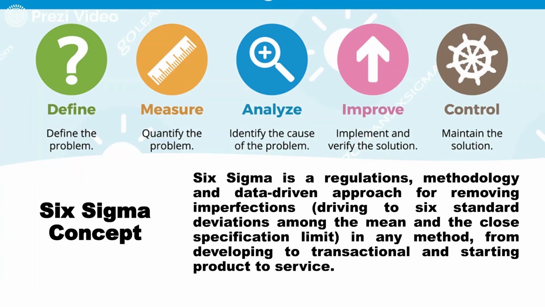Whatever solutions have been taken up after the analysis of the root cause of the problem need to be verified enough so that they are working in a proper way. And the last is control. We need to check continuously whether the solution being derived is able to maintain itself or not. Is it able to really solve the problem or not? If it is not able to really solve it, we need to work on these aspects again.